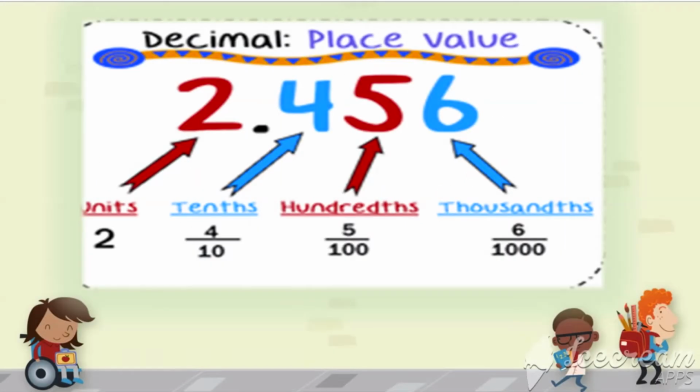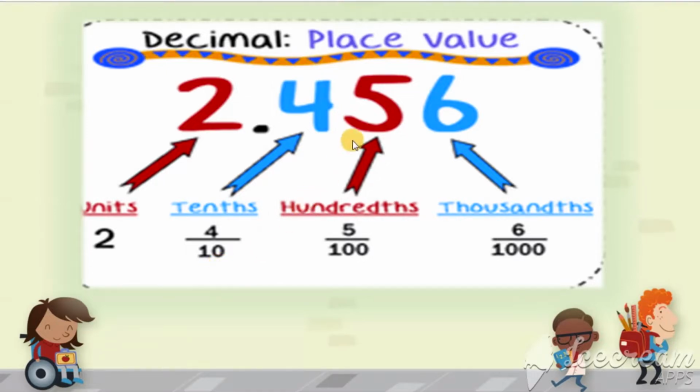Here we are going to see the place values. Okay, decimal place value. Let's see. Here the decimal point, and here the whole number, and here the decimal part. Okay, the value of 2 here is units. 2 has no zeros, and here 4 is in the tenths place. Okay, this is tenths, 4 over 10, or